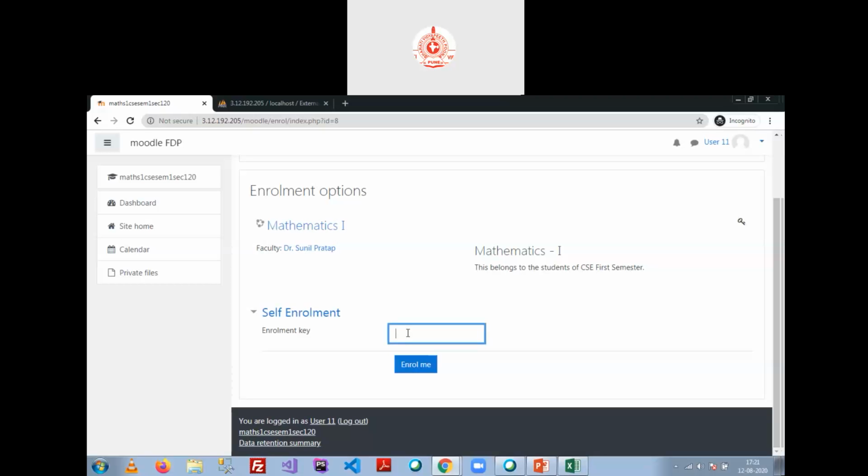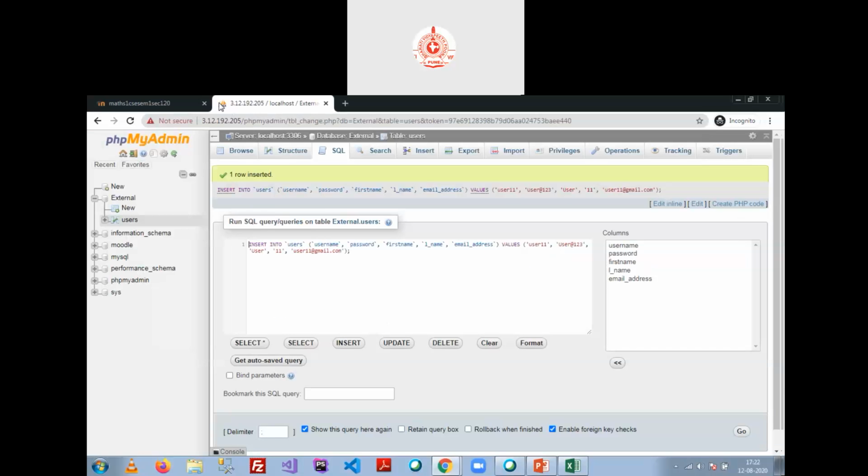Then it becomes a hectic, tedious task for us to manage these two different application platforms, because all those users we have to export from one application and import into the other one. So it will reduce your tasks effectively. You do not need to create the users again and again for the Moodle directory when using this external database.